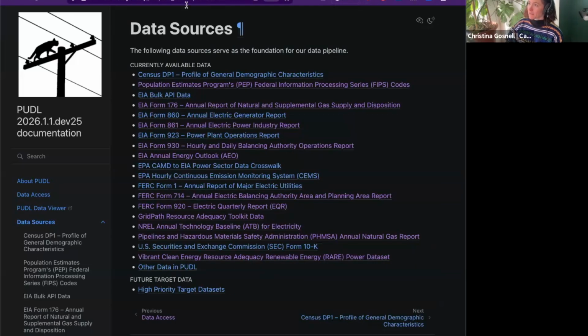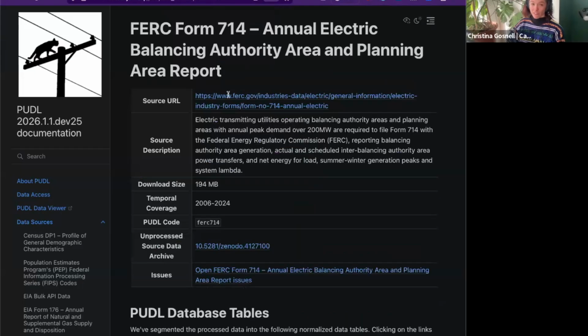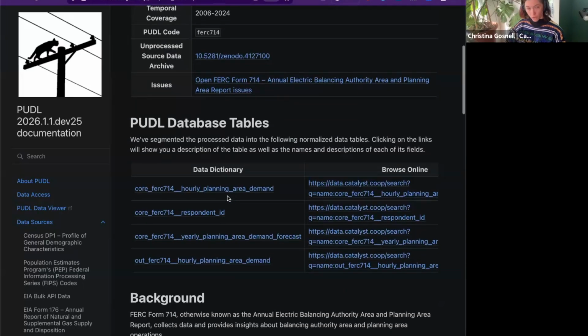714. FERC 714 is a very similar data set, but it has been reported since 2006, so it has a longer time series. And it also has hourly demand by planning area. It also, interestingly, in my humble opinion, has both the real demand that happened on the grid and also these planning areas' forecasts of their expected demand. And because it's a long time series of forecasts and actual demand, you can compare how well these planning areas